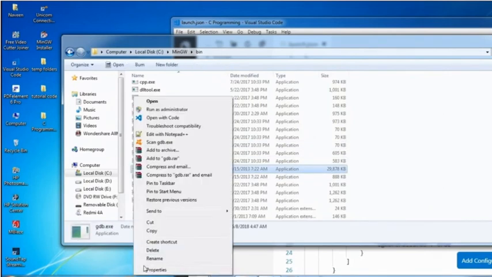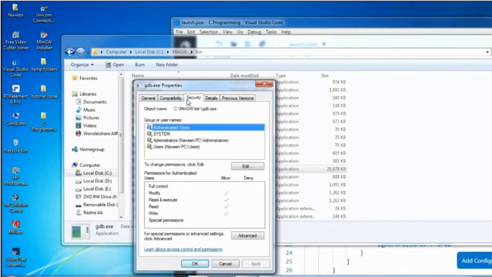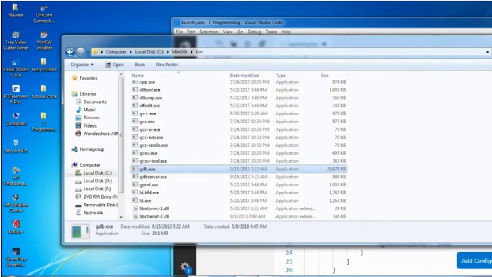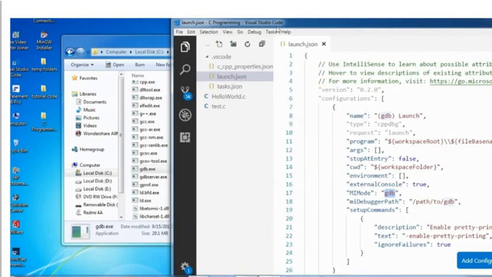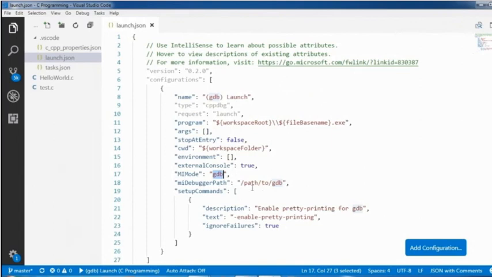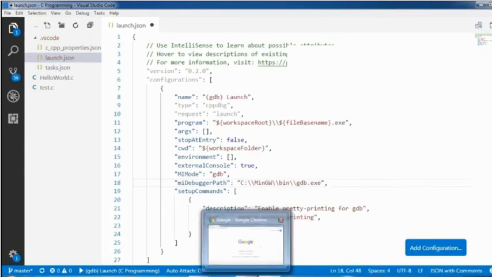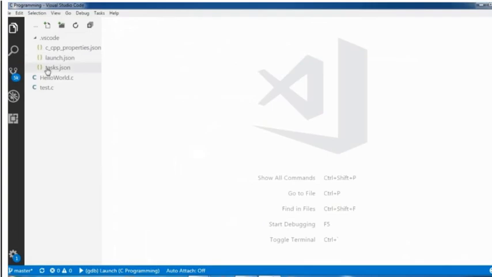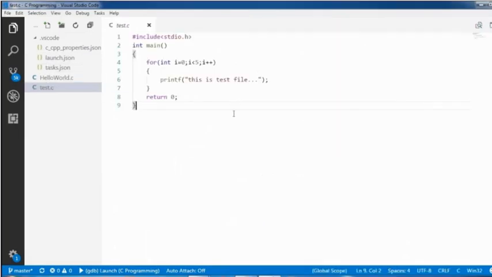Right click on that file, go to properties, and in the security tab, copy the object name and replace it at miDebuggerPath. Put an extra slash over the path. Now I am saving this file, and the debugging configuration is set successfully.